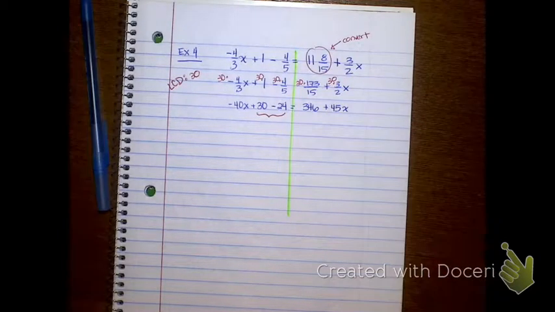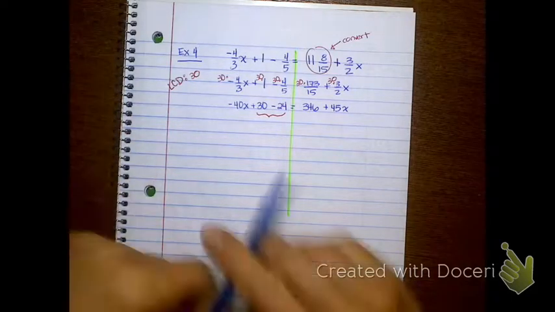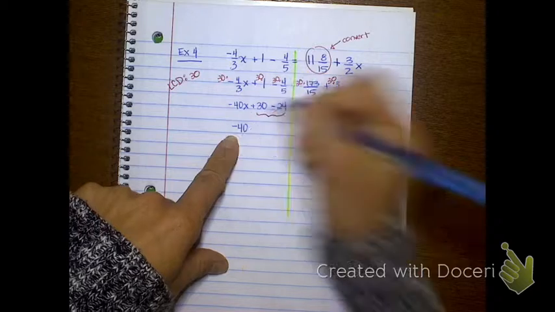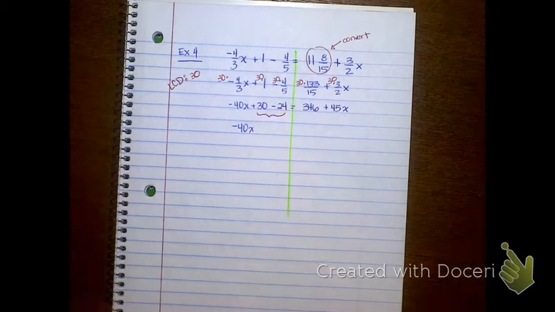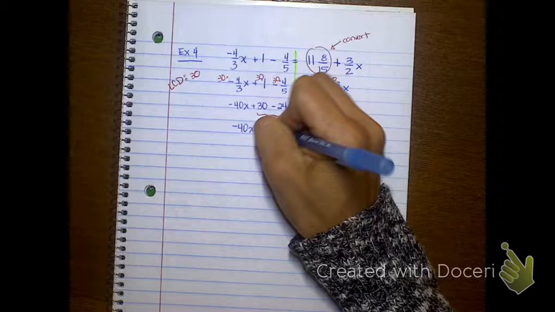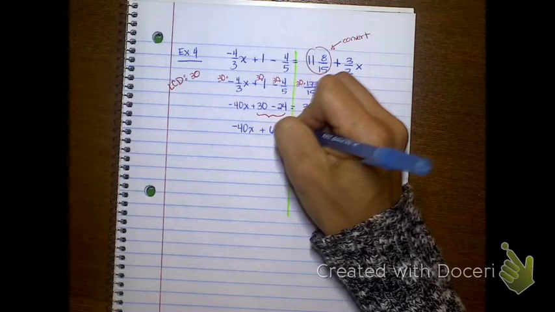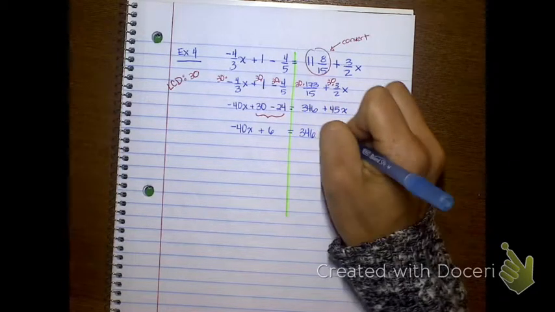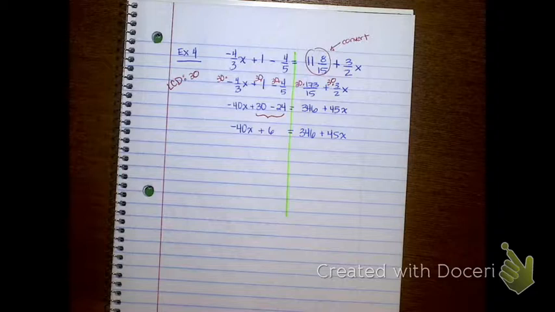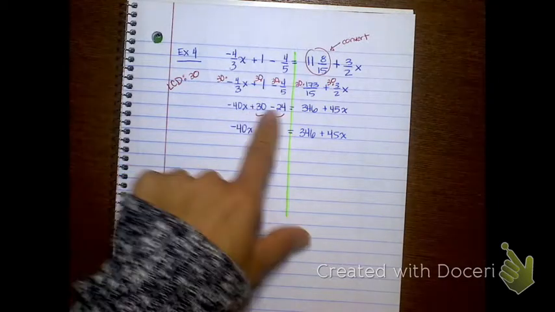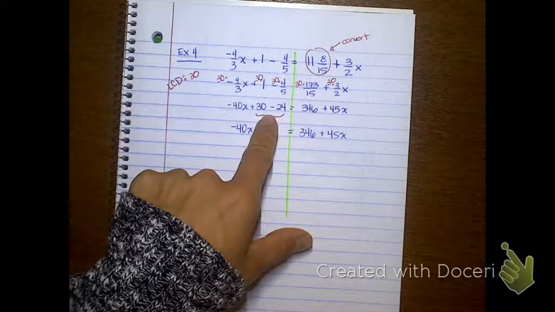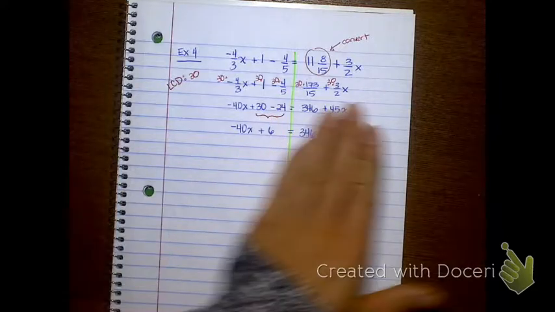Okay, let's combine those like terms to keep making our equation easier to work with. So what's 30 minus 24? 6. Remember, these ones are on the same side, so you're not using opposite operations, you're just combining them. Does that make sense? Because they're on the same side of the equal sign. Okay? All right, so now